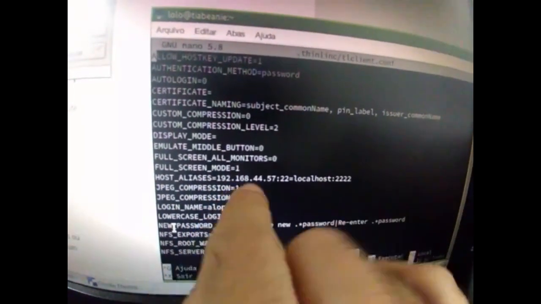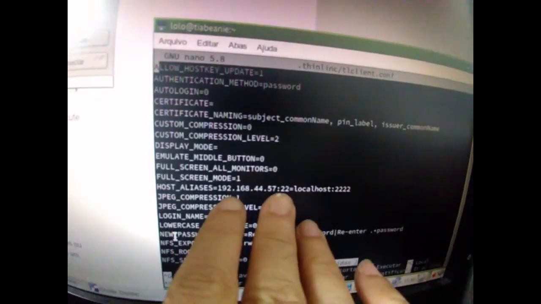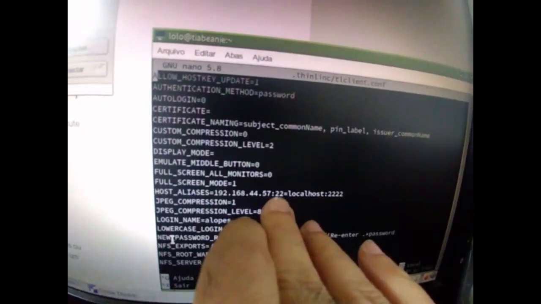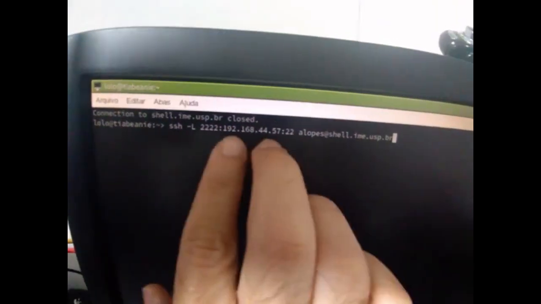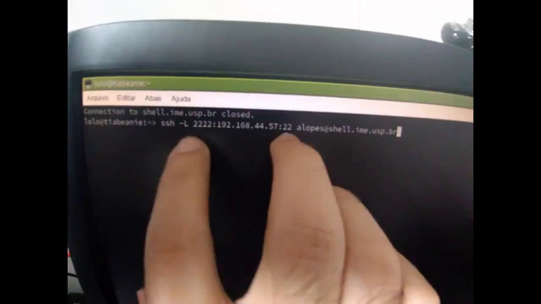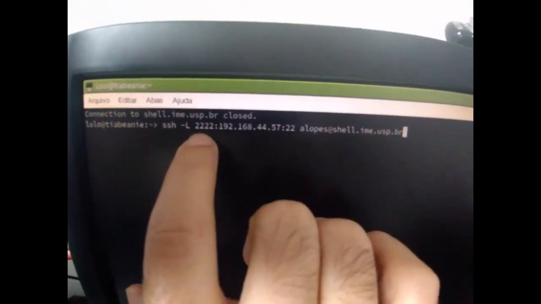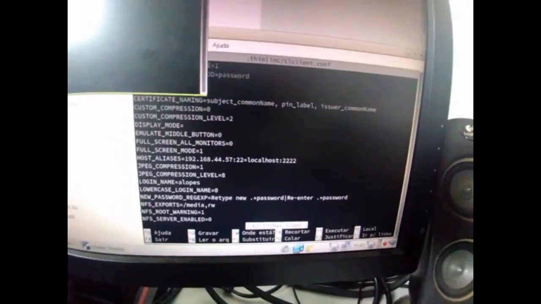.thinlinq.tlclient.conf, host aliases to say to ThinLinq that this computer here on this port is going to point to localhost on this port here, and I have to start my SSH tunnel here pointing the same IP address on this port to my localhost port on this port. And this machine here is a machine that can reach both my machine over there, and I can reach this machine from my local machine. And so tunnel is on, host alias is set, and then I have to run the Steam Link installed through